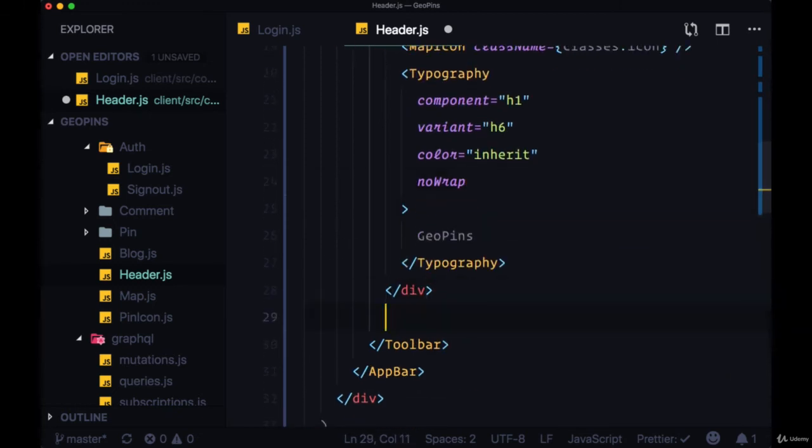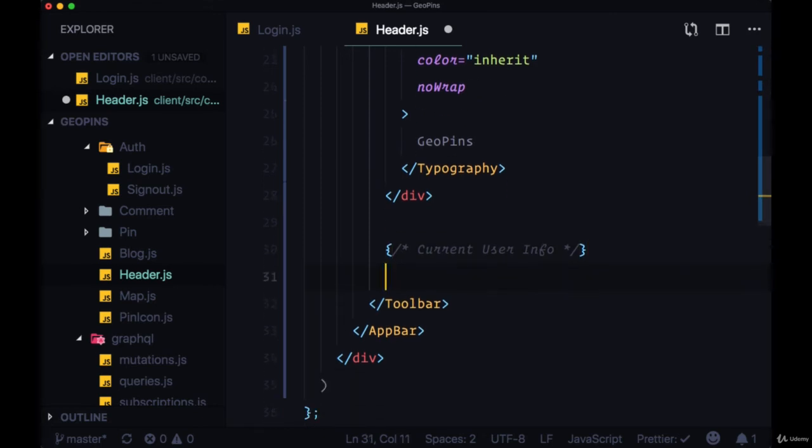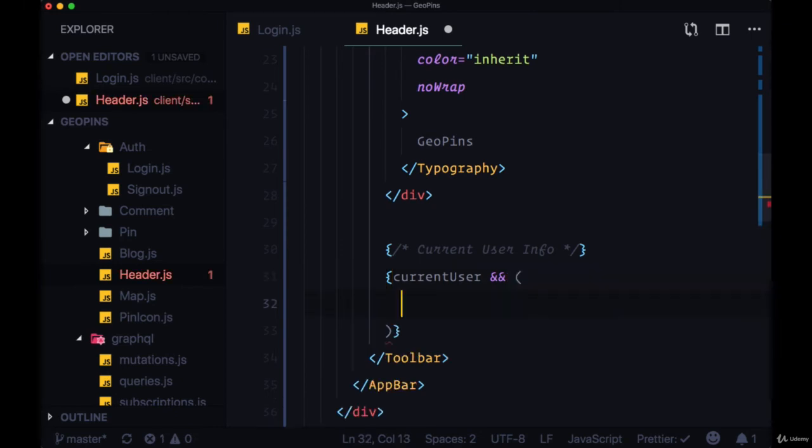Then after this div, we'll display the current user info, or the auth user info. And to avoid any errors, we'll just include a conditional where we'll only display this if we have our current user. So we'll say currentUser and once again we'll use a div with the class name